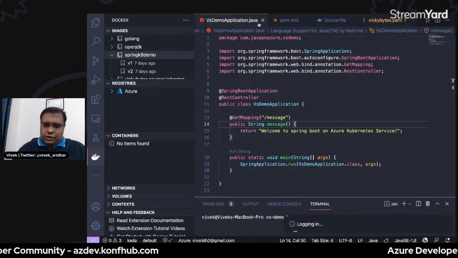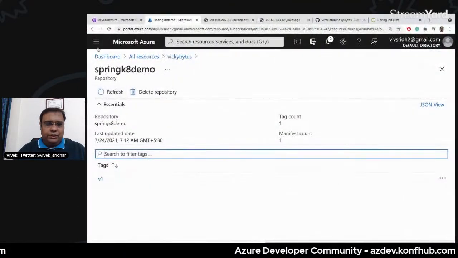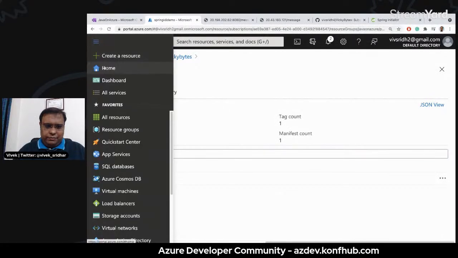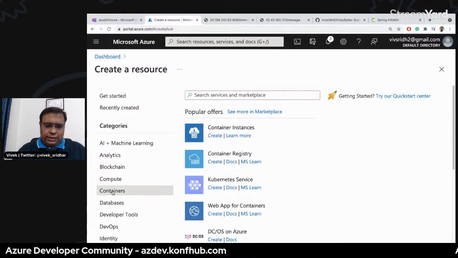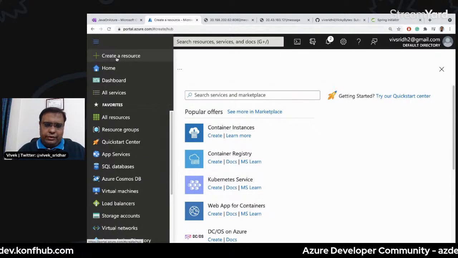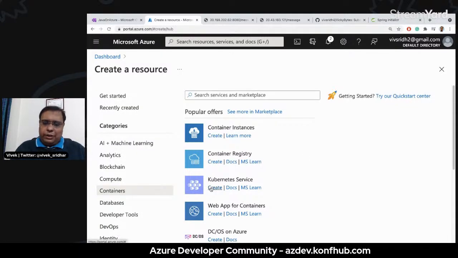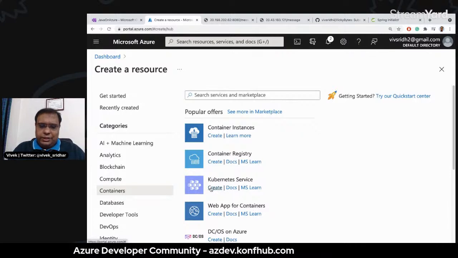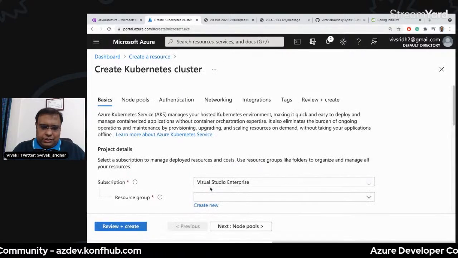Okay, so it will take some time to deploy. While it does, I will create a Kubernetes cluster so that we can use it. It's under Containers, and this is very simple. Just create a resource, go to containers, and you can create a Kubernetes service, and we will create a Kubernetes service